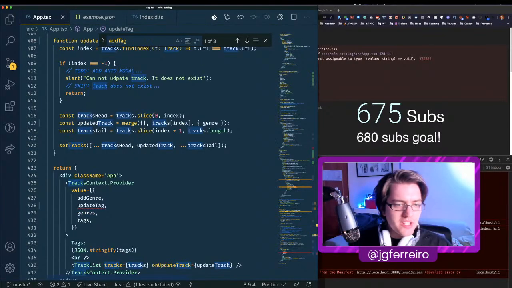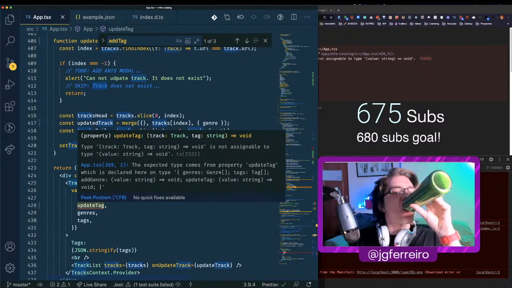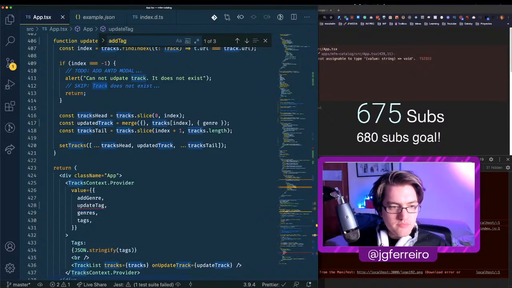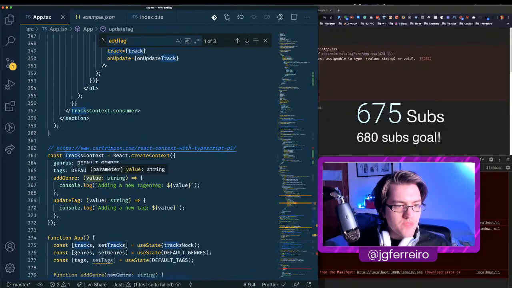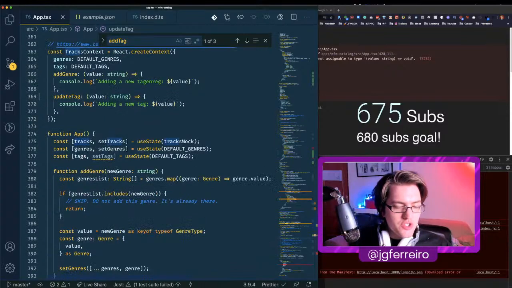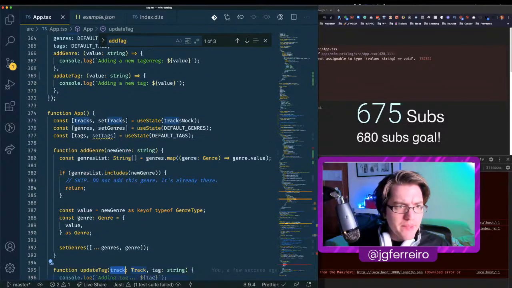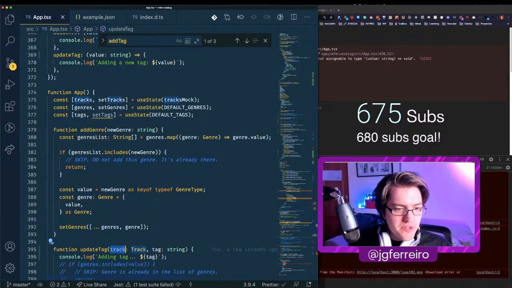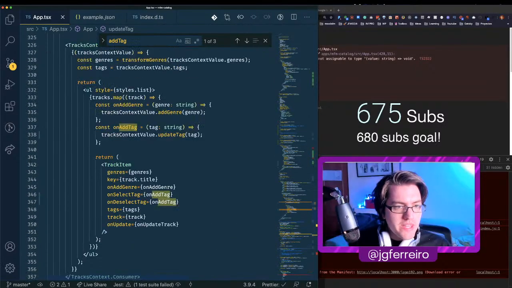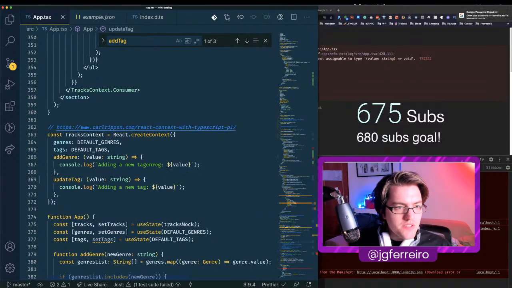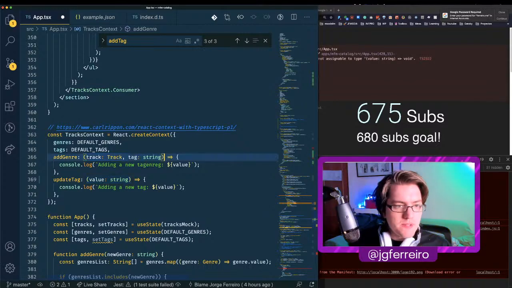Why is this complaining? Yeah, because we need to update those signatures, which is okay. It's super easy to do, so not really a problem. But in this case, the first signature for a genre,